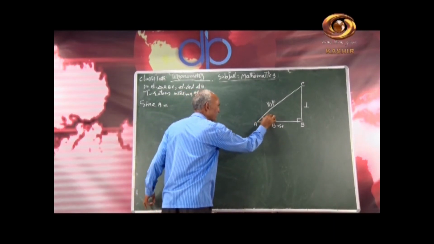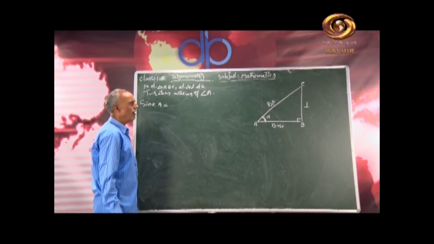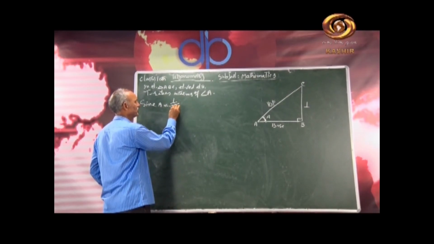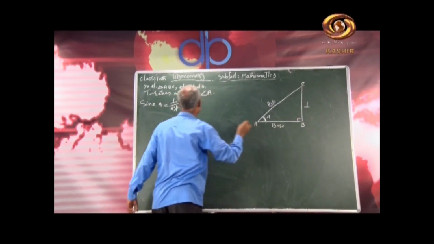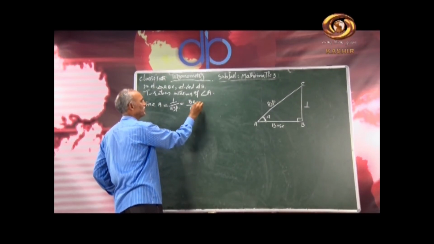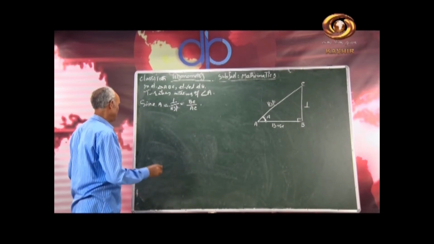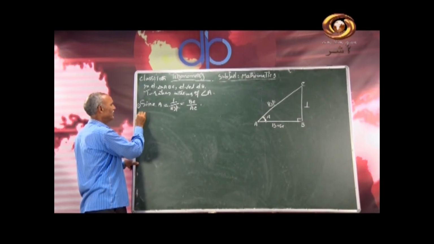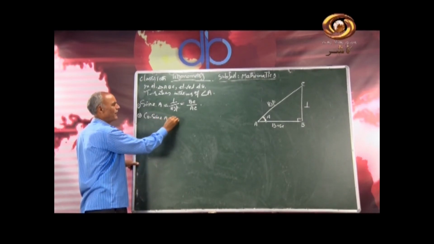Even we can write more generally this A inside this triangle. This is sine A. So sine A is always equal to perpendicular by hypotenuse, or more generally we say BC is here perpendicular and AC is the hypotenuse. So sine A is equal to BC by AC, meaning perpendicular by hypotenuse. Then this is the first ratio, and the second ratio is cosine of the angle, cosine of A.